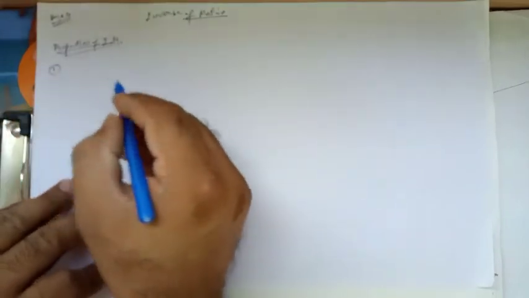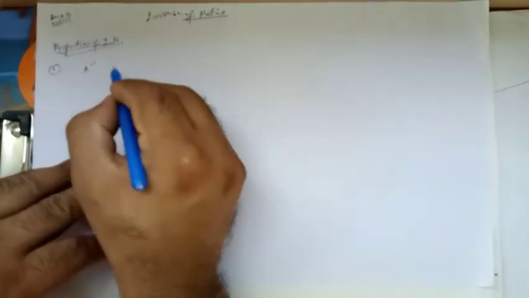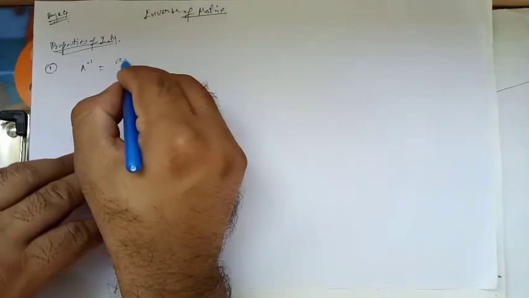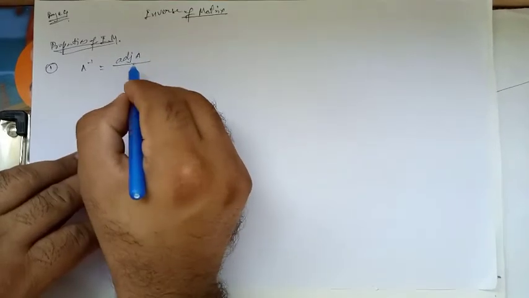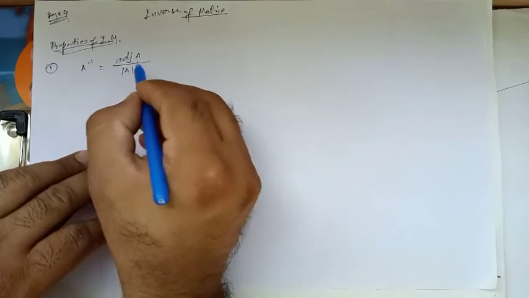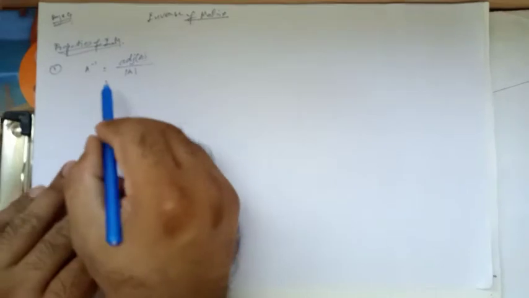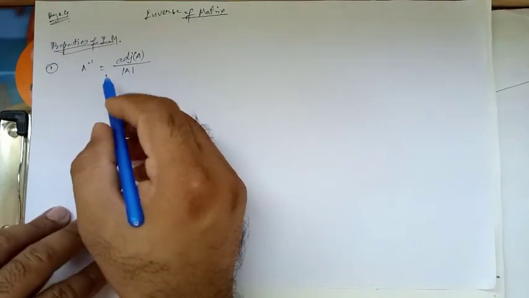Let us consider the first one. Inverse matrix is equal to adjoint A divided by determinant of A. So this is another method to find the inverse of a matrix. The first method we have seen was the elementary operation or transformation method. This is the second method where we are finding the inverse of a matrix, and we will prove how it comes. So the proof is,